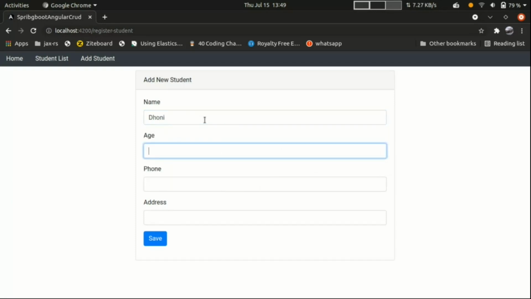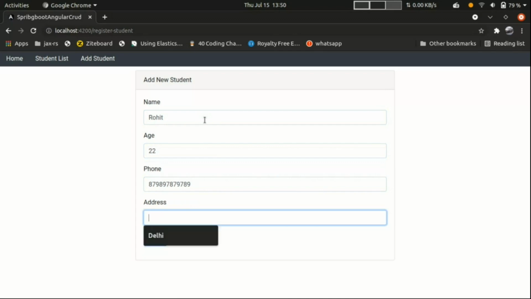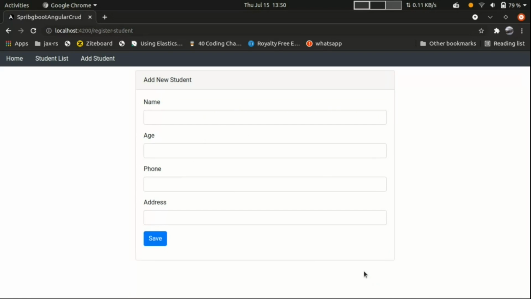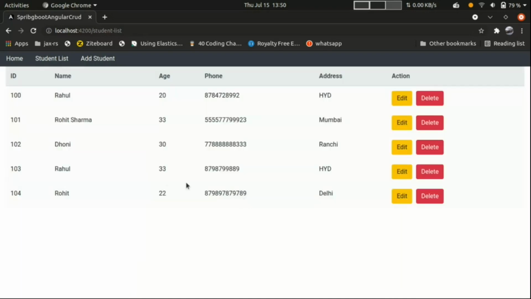Now by default it is false. Let's add one more, add some phone number and save. Yes, I'm seeing it. And now when those text fields are clear, just close. Yes, it is working. Go to student list. We can see these two new details. Okay, so now we got the list of students, and we are able to add a new student.